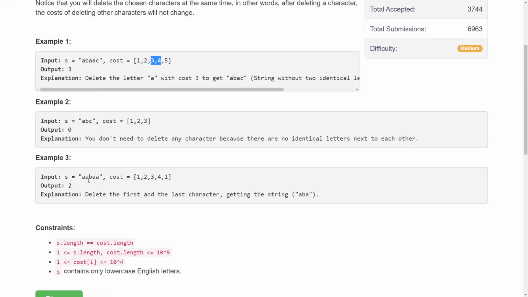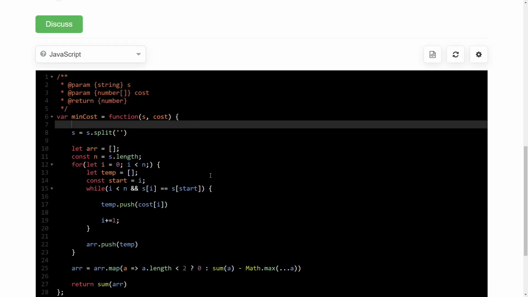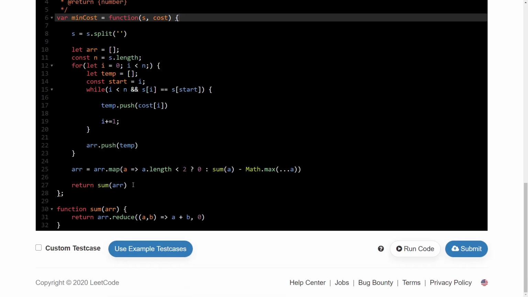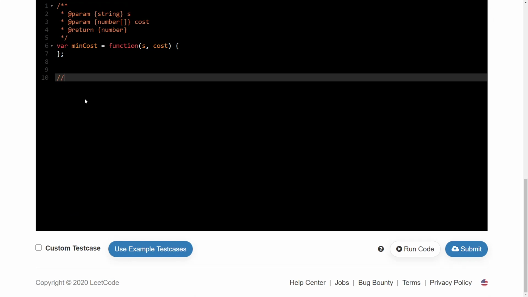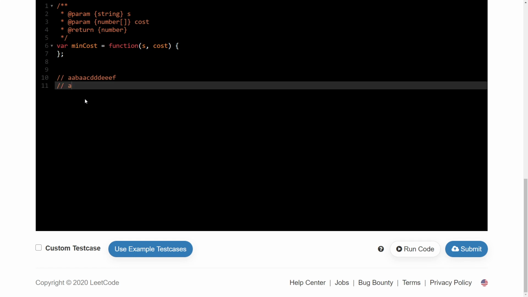For example, if I'm looking at AABAA, my group will look like AA, then the second group will be only B, the third group will be AA. Let me just delete the code. So if my string was AABAACDDDEEF, then my groups will look like AAB, AAC, DDD, EEF, right?